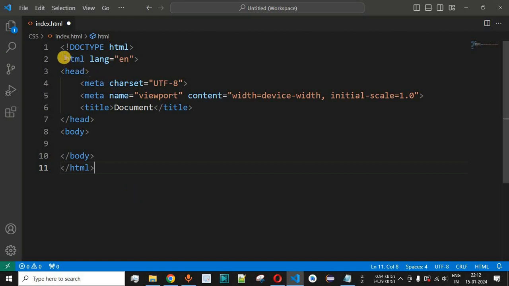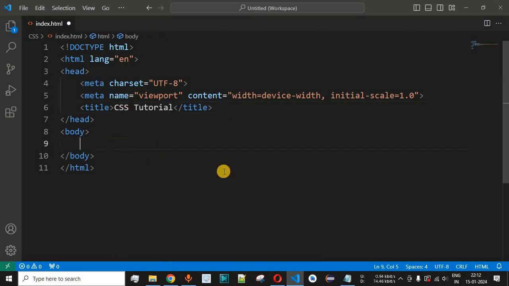So basically it provides us with the HTML starting and the ending tag over here, inside which we have the head tags as well. Apart from this, inside the head tag we have the default tags, that is the meta tag over here, and the title of the document. So this is basically the text that will be displayed on the browser tab. So guys, over here we are going to say CSS tutorial in this case.